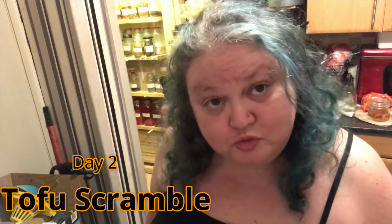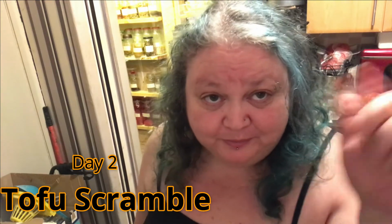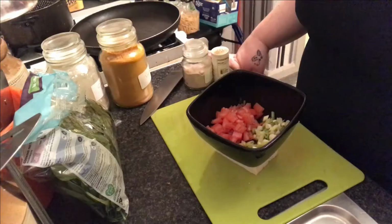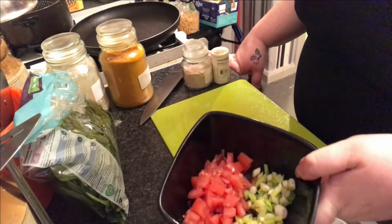It's morning number 2. I'm going to do a tofu scramble. It's really quick, really simple. Come have a look. Okay, so I have some tomato and spring onion I have left over from last night's dinner,